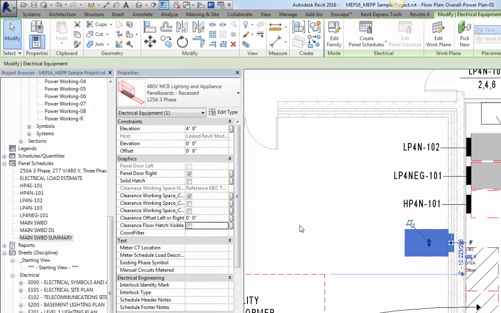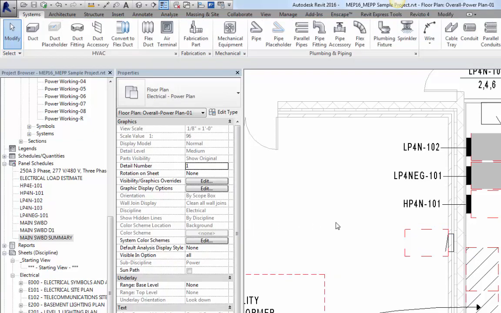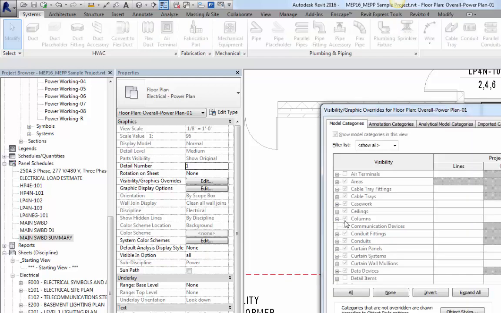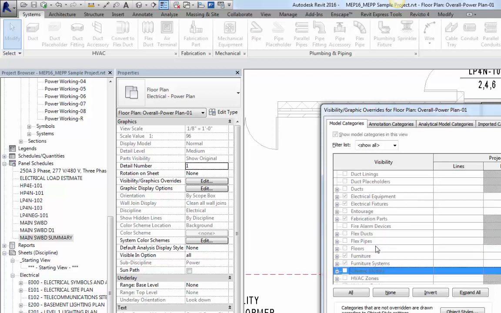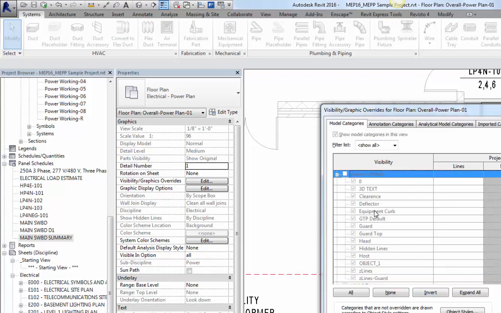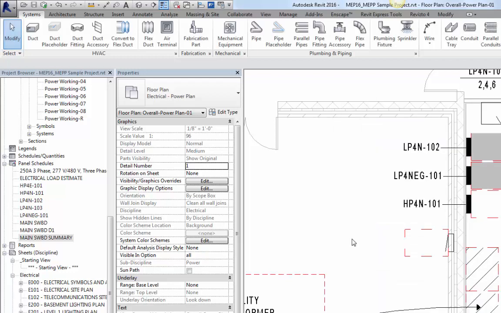If we turn off the clear floor space visible, that particular checkbox is related to something that might show up in the construction documents. The clearance object that's still showing up here, which is related to design and clash detection, that can be controlled in the visibility and graphics overrides, and that's consolidated under generic models. So if we turn off clearance under generic models, that'll turn off clearances for all the mechanical, electrical, and plumbing items. You can see here we'd have to do that in a view template if we wanted to turn that